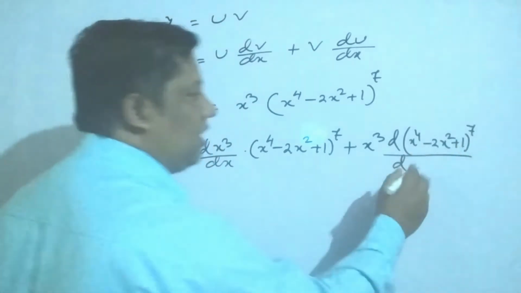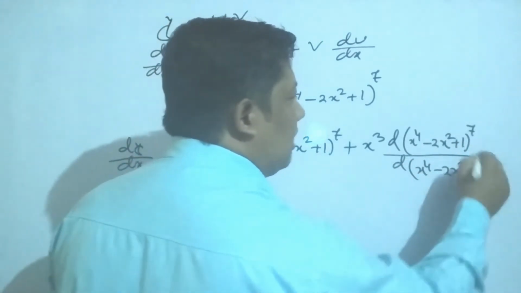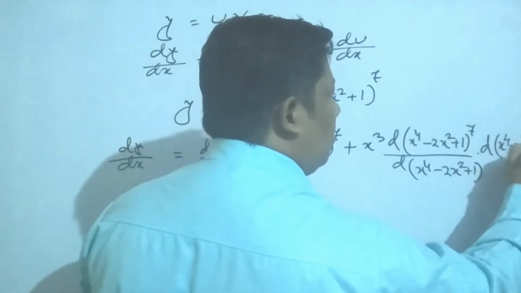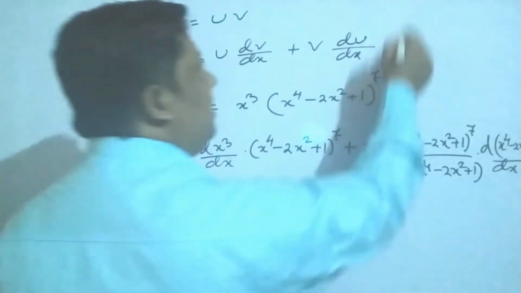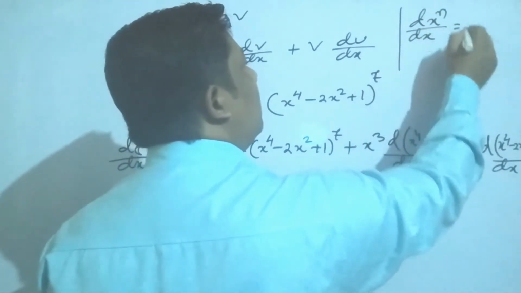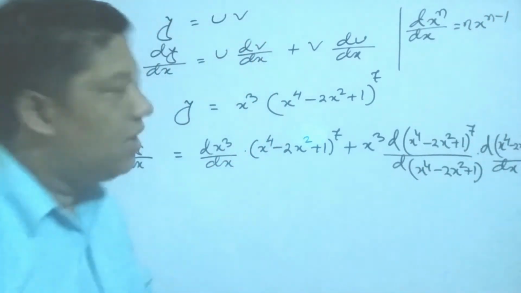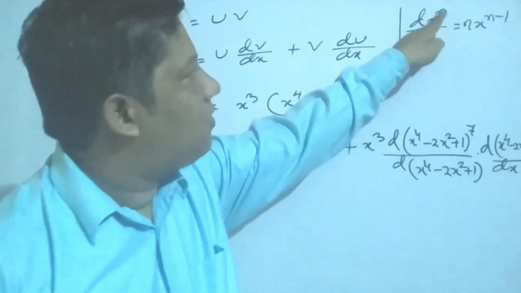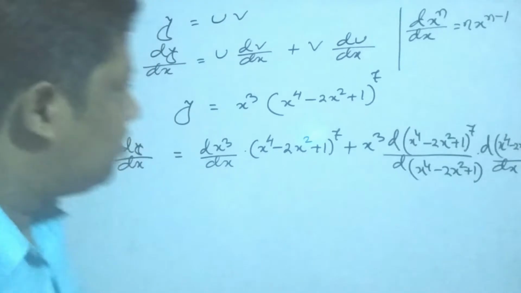Since it is a power, you write the same number multiplied, with the same base inside the differentiation, upon dx. Because if any question shows x to the power n, upon dx, then you write n x to the power n minus 1. That means if there is a power, this power should come first and 1 is subtracted from the power. Okay, my students.